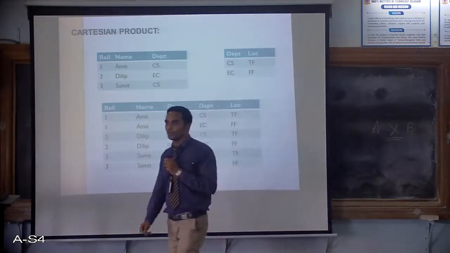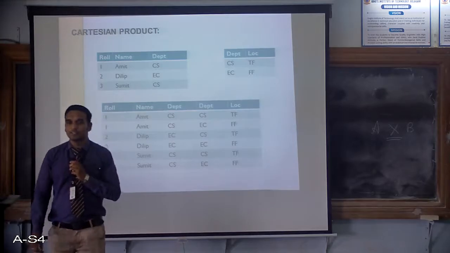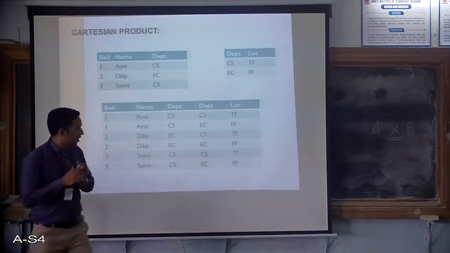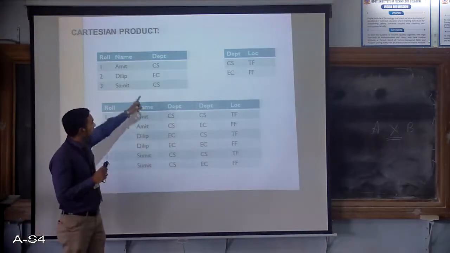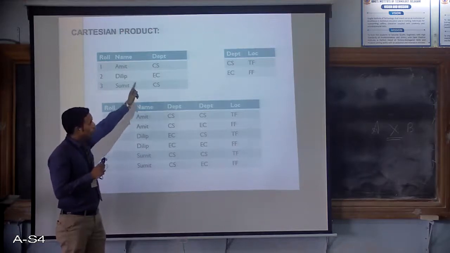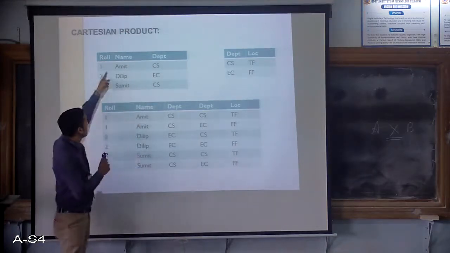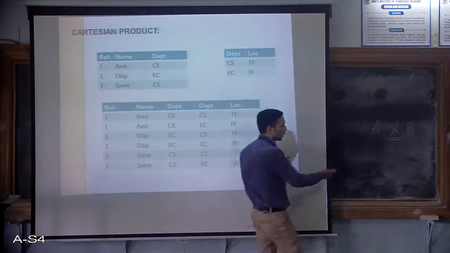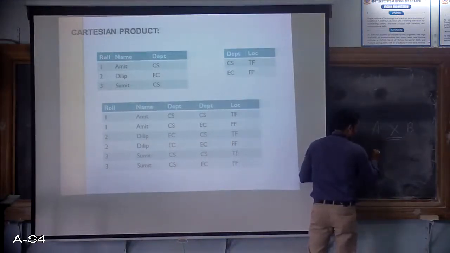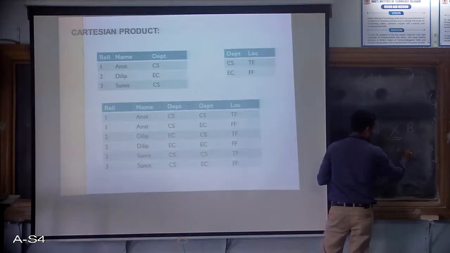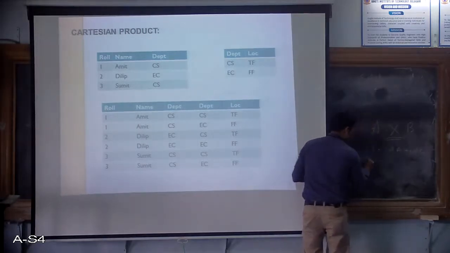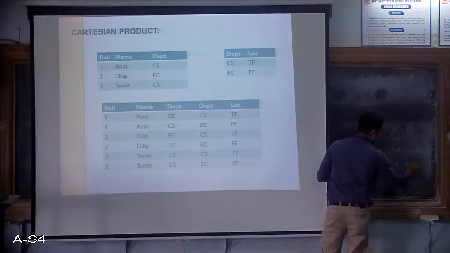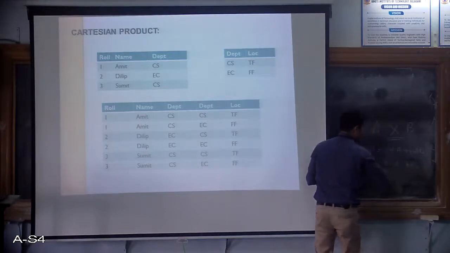So when you go across down the line Cartesian product, you may confuse, I have missed something or like that, then follow this principle. Whenever you go for the Cartesian product, how many rows you should get is nothing but the number of rows of table A into the number of rows of table B. How many rows are here? 1, 2, 3. And how many rows are here? 2. 3 2s are 6. So Cartesian product of A cross B will have the columns as columns of A plus columns of B, whereas the rows, it has rows of A into rows of B. This is the formula, please remember that.